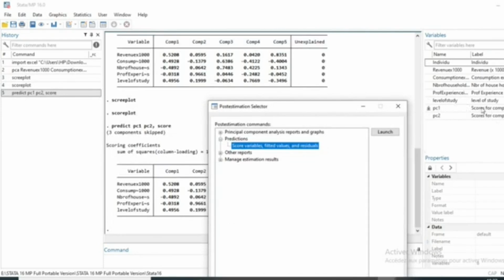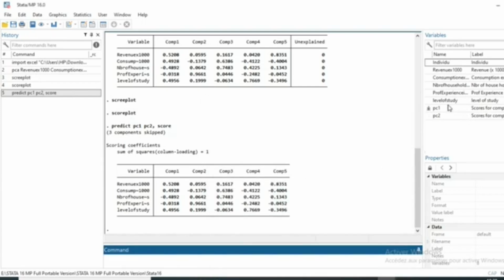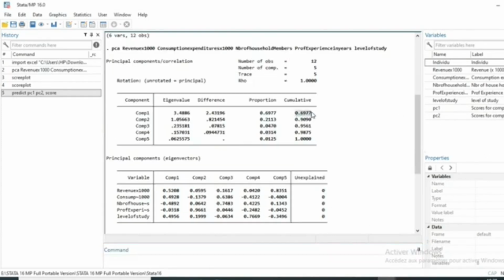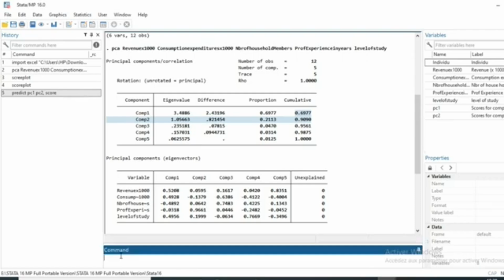The variables represent the scores of our individuals in the components. So to build our indicator, we will just calculate a new variable that will be a mean of our first 2 components, and the weight of our mean will be the percentage of our component divided by the sum of the percentages contained in the axes chosen to be used in our analysis. So we have chosen the first 2 components. So our indicator that I will call